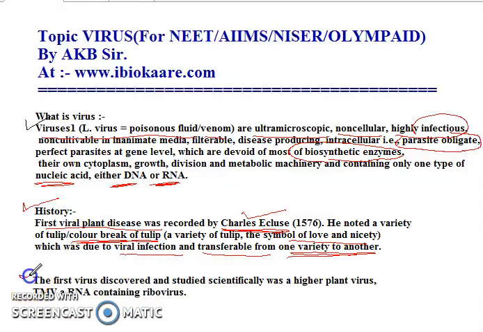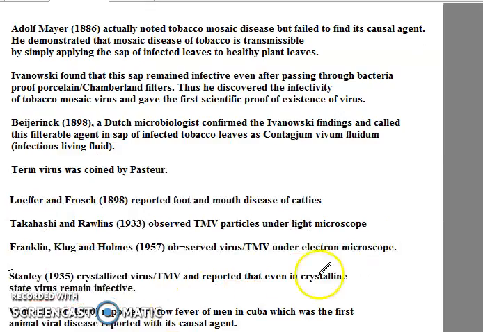But scientifically, the virus was discovered from a higher plant by Adolf Mayer, one of the renowned scientists, that is TMV, which is an RNA-containing virus, a ribovirus. That means they have RNA as their genetic material. So we call them ribovirus. So according to Adolf Mayer,